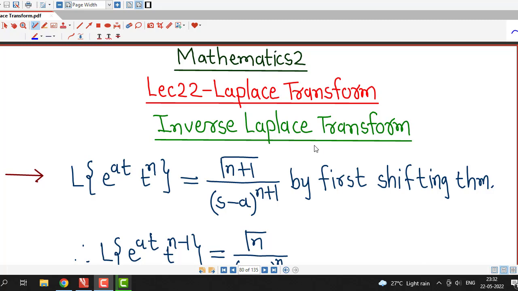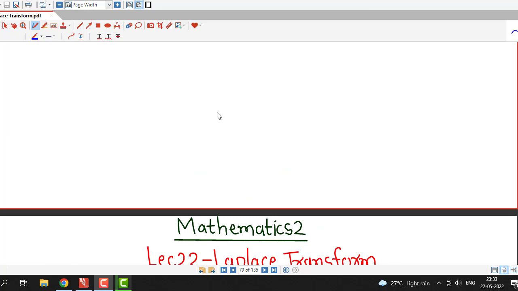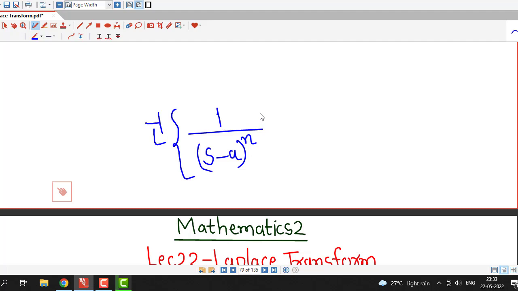In this lecture we will see how to obtain the inverse Laplace transform of this type of function, 1 divided by s minus a raised to n, where n is any positive real number. So to obtain the formula for L inverse of 1 divided by s minus a raised to n, we have to think for which function of t we will obtain this type of function of s as its